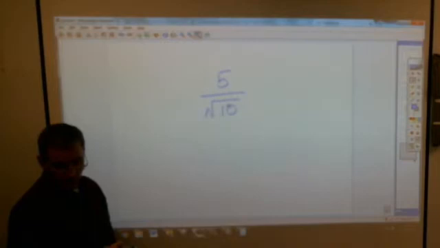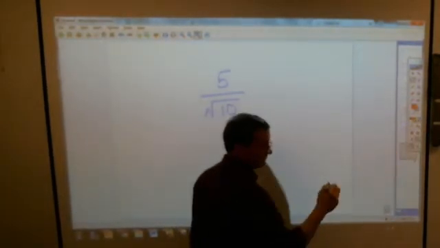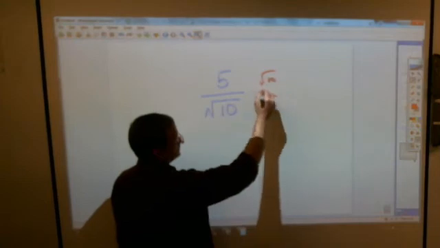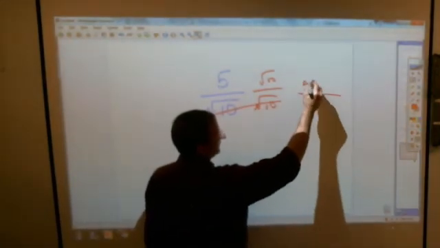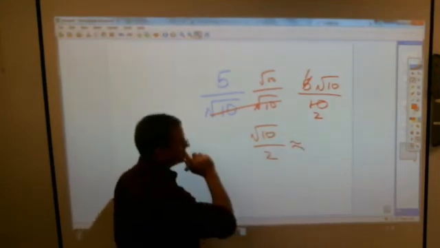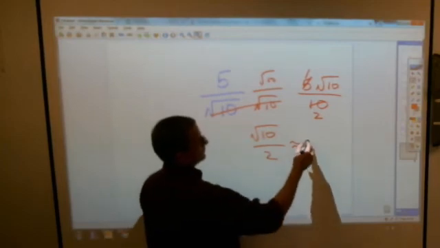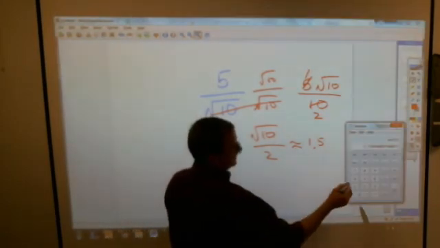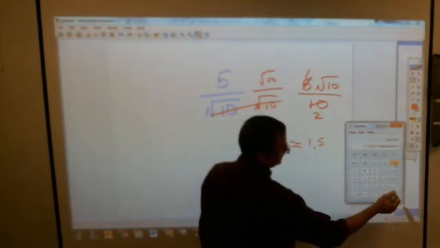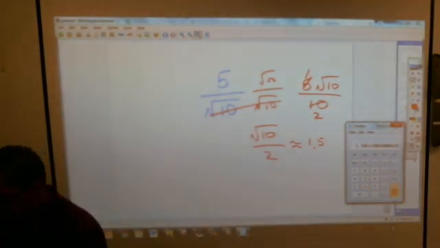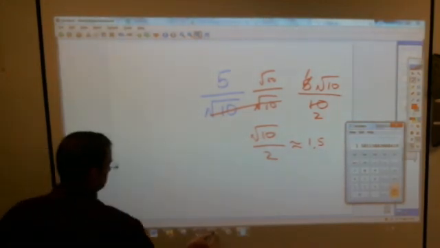And this one should not be too terribly difficult. Carolyn, did you get something? The square root of 10 over 2, did you say? Let's see. Square root of 10 times square root of 10 crosses off to give you a normal 10. On top you get 5 times the square root of 10. 5 goes into 10 twice, yep. Square root of 10 over 2, which would be close to what? What is the square root of 10, something like 3.3333? Did I do something wrong? Let's see what the calculator says. 10 square rooted divided by 2. Hold on, 1.5, 1.6 actually is what it's closer to. But notice how those digits keep right on rolling. All right, ladies and gents, welcome to the